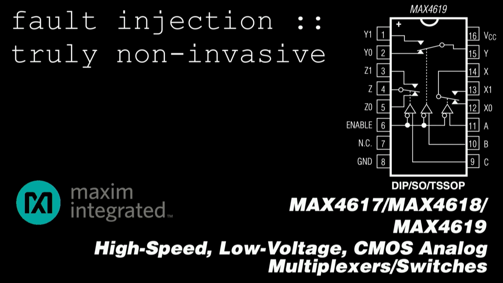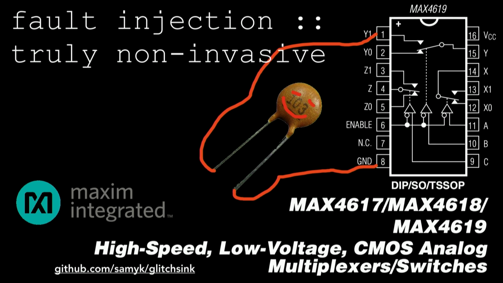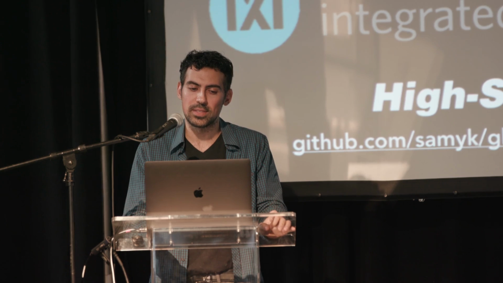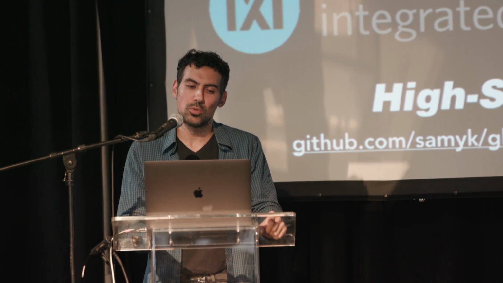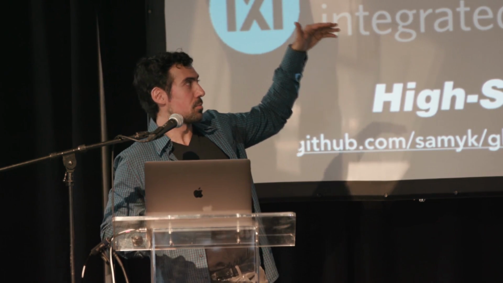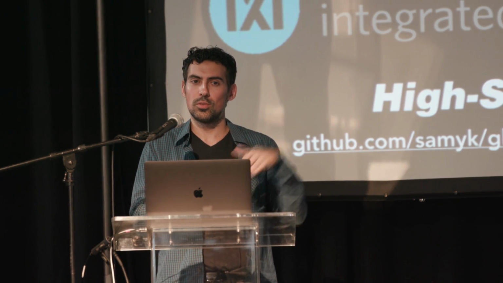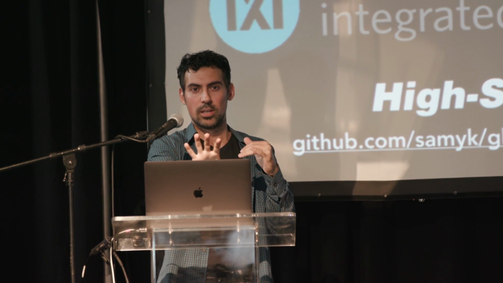A very simple mechanism to perform a truly non-invasive attack is through a capacitor. Just by adding a capacitor between, say, your voltage glitch line and ground, you're going to add a ton of capacitance to the voltage glitch. So let's say your glitch is 0.2 volts, and your device expects 3.3 volts. You're normally running at 3.3 volts, and then for 20 nanoseconds or 200 nanoseconds, you're going to give it 0.2 volts. The problem is those bypass capacitors inside of the device, which you haven't touched, are going to now keep that 3.3 volts steady